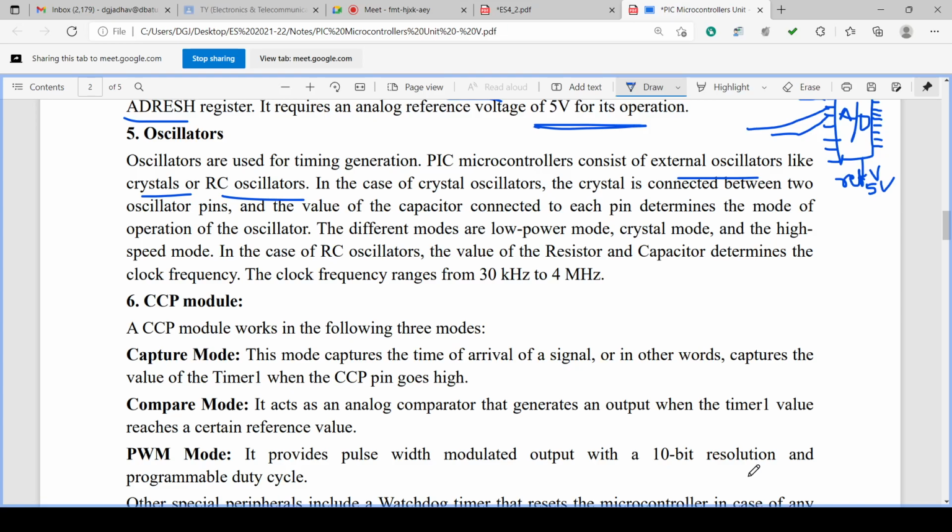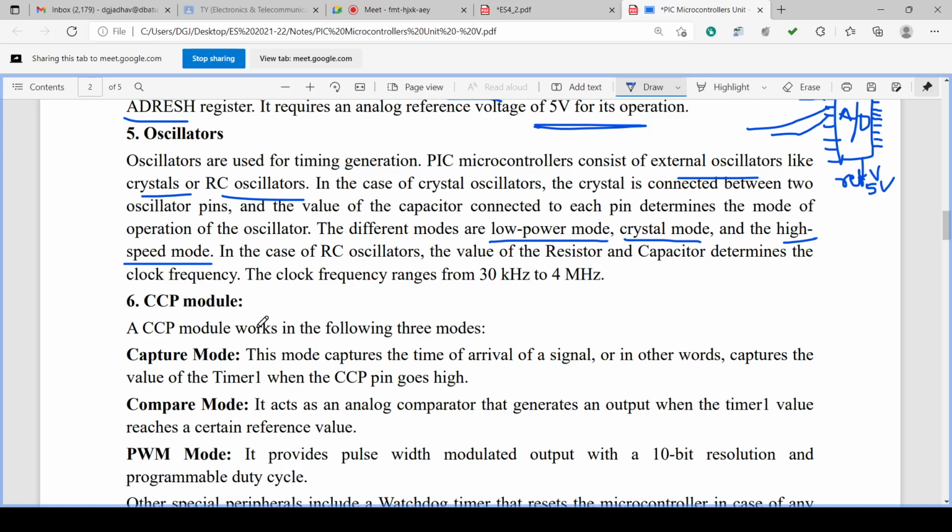Different modes are low power mode, crystal mode and high speed mode. If high speed mode is selected, power consumption increases. Crystal mode works according to whatever the natural crystal value is. If low power mode is selected, it works at a lower frequency and consumes less power.